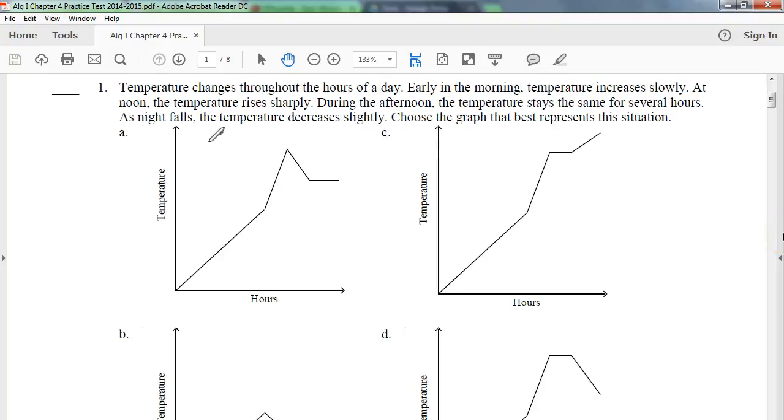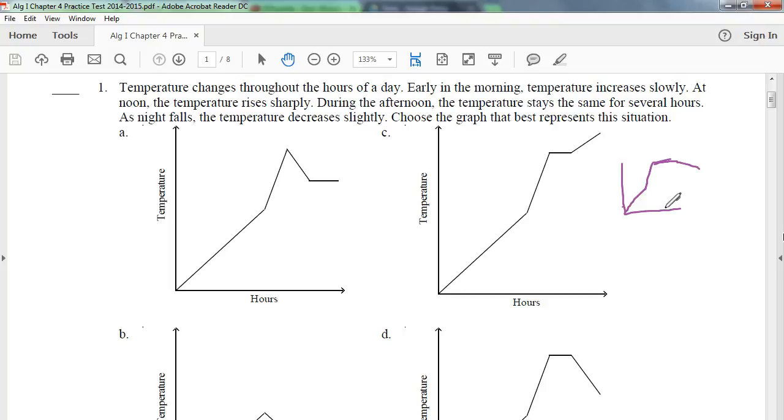My best suggestion here is to graph it yourself. Early in the morning, temperature increases slowly. So if we start at the beginning, temperature will increase a little bit, and then it rises sharply, so it will have a much steeper increase. And then during the afternoon, it stays the same for several hours, so that's a horizontal section. And then night falls, it decreases slightly, so that would be a downward